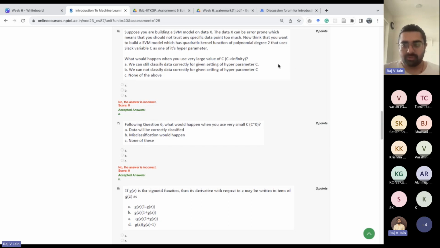If you use a large value of C, it means that any sort of misclassification gets a very high penalty. Therefore the SVM model will try to fit the training data as well as possible, even if the data is error prone. On question number 7, you can see the opposite will happen. When you have a very small C, you'll have misclassifications happening, because you allow some points to be misclassified just to make sure you don't overfit